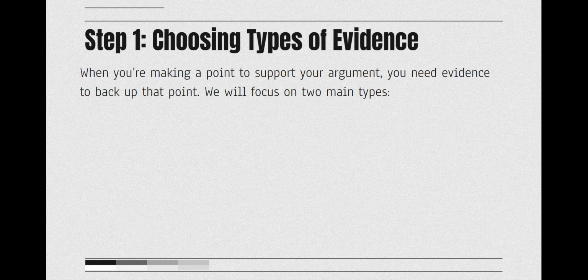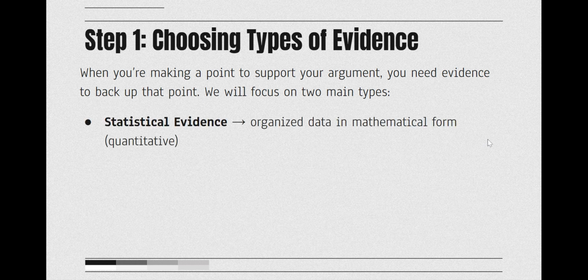And we also need to consider the argument from both perspectives. So it's going to be important to take into account both what you could potentially argue on your topic and find evidence for the counter argument as well, so that you can make an informed decision. So we are going to talk about two main types of evidence that you could include in your essay, but there's a few other options that I'll allude to that you are welcome to use, but it just might be a little bit harder. So let's start with our first type of evidence.